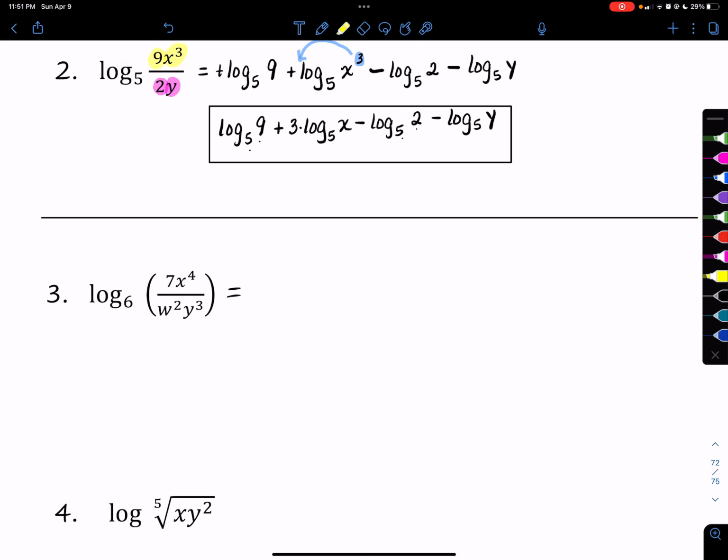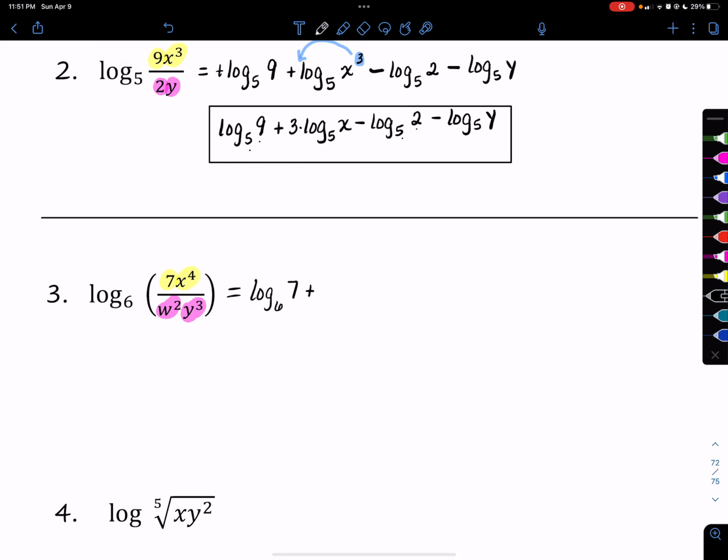All right, on this one, log base 6, so that will be my log and my base for every term that I write. It has to be log base 6. Anything with the product property? Yes, 7 is being multiplied to x to the fourth. Any quotient property? Yes, they're also being divided by w squared and y to the third. So I know that I'm going to write log base 6 four times. First time with 7. So I have positive log base 6 of 7